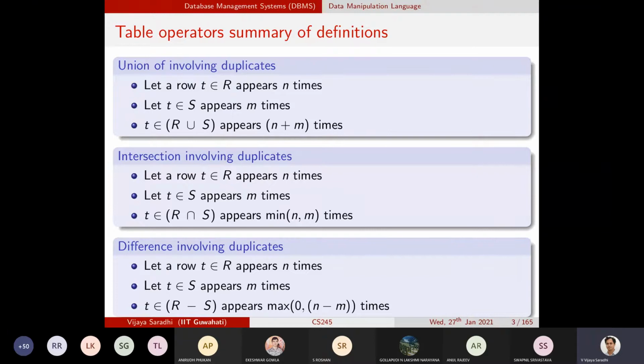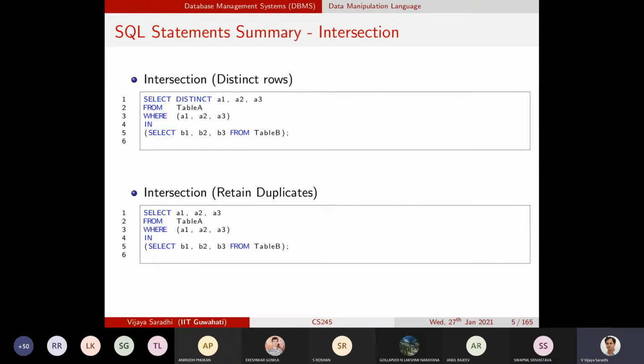And where we stopped last class is that the SQL query that we have written will work for those tables that do not involve duplicates. These queries certainly will work. There is no issue on that. But the question is that we have to handle duplicates, and these queries will not be able to work in the presence of duplicates. That's where we will also look at how to modify these to make them work for the case when we have duplicate rows.